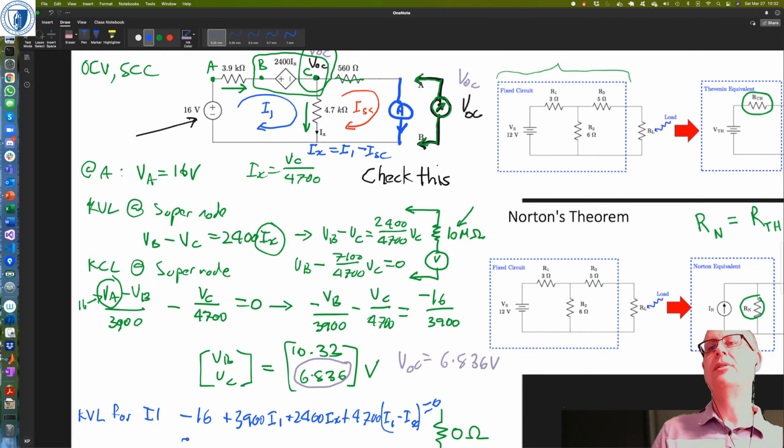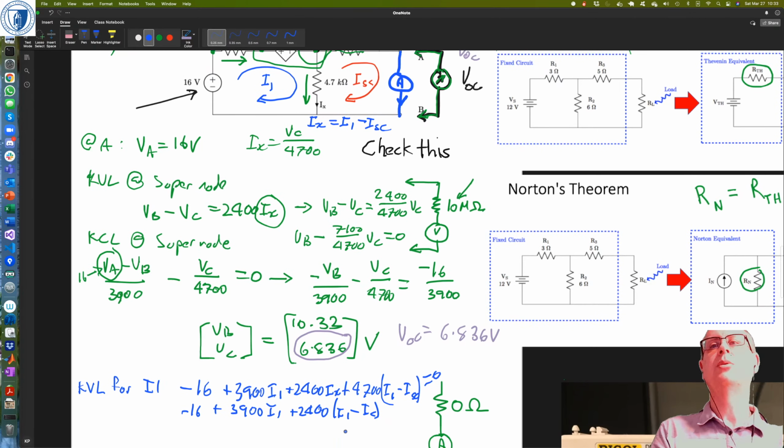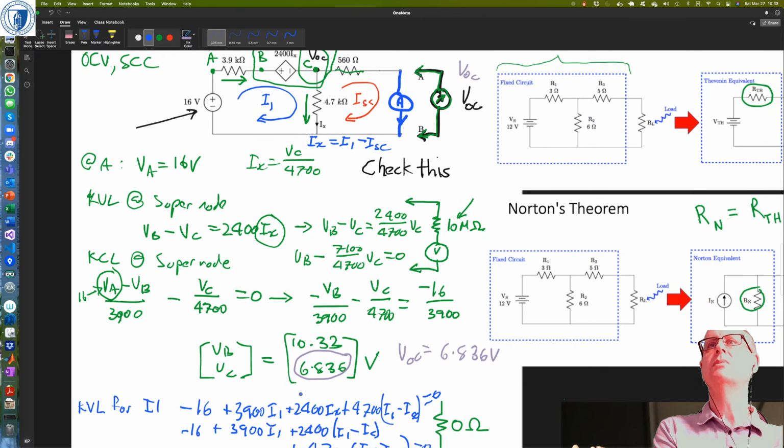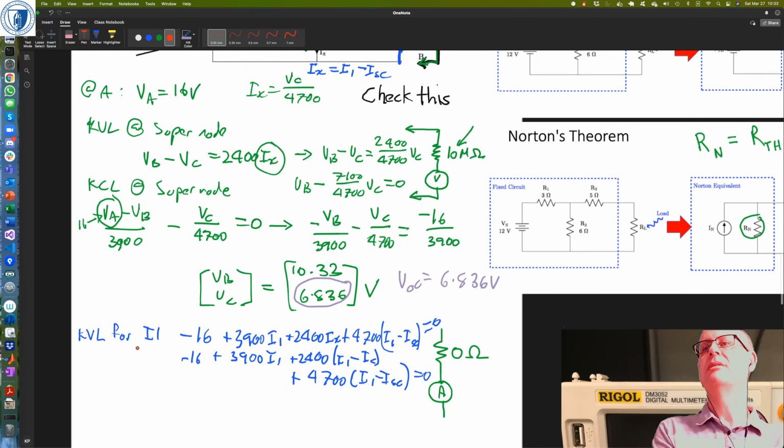So we can write that down as minus 16 plus 3900 I1 plus 2400 times I1 minus ISC, and then plus 4700 times I1 minus ISC equals 0. Okay, and then for KVL for I2,